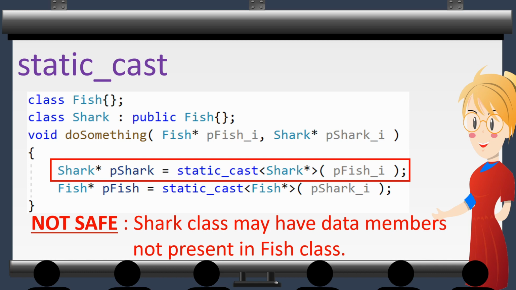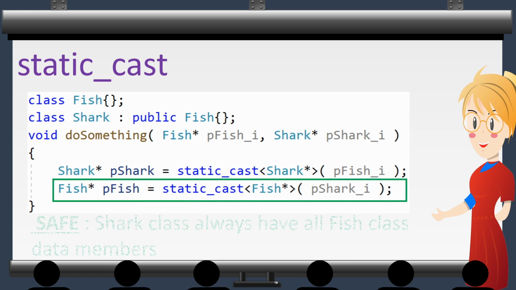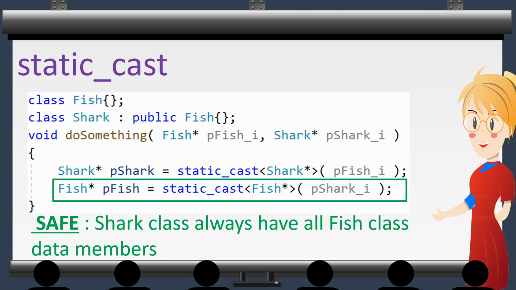Such a cast needs to be avoided in the program. But static cast from derived pointer to base pointer is always safe. This is because the derived class shall have all the data members layout of the base class.